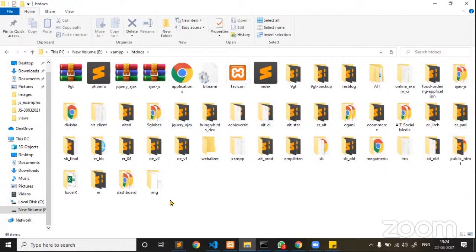Out of all, I also created one simple example for all of you guys. Ajax by using JavaScript I created, and Ajax by using jQuery I also created. It is a very simple example for all of you to understand Ajax by JavaScript. Now let me pull this into my editor.